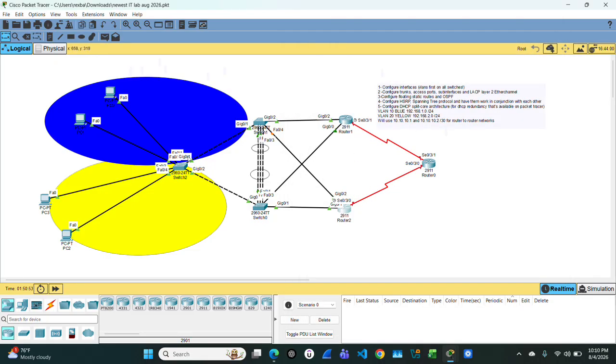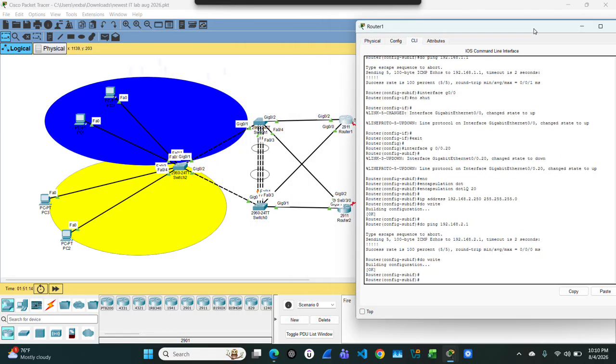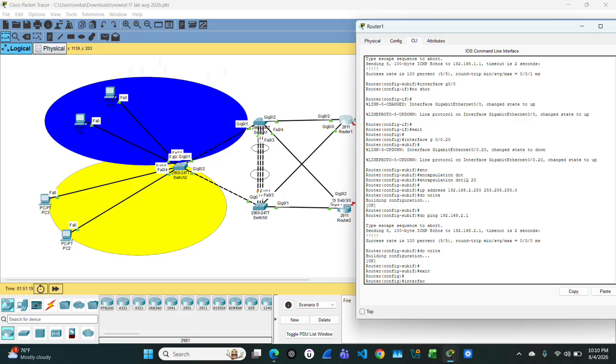And now I have it currently that this router is the default gateway. This one's not actually being used at all. But when I configure HSRP, that's going to change. And let's go ahead and do that now. So to configure HSRP, what we will do is say exit, interface